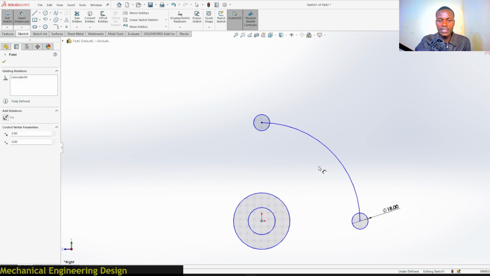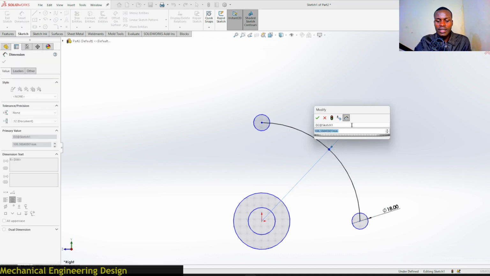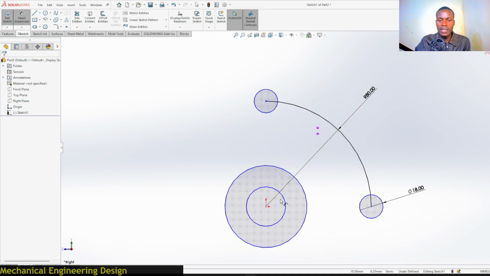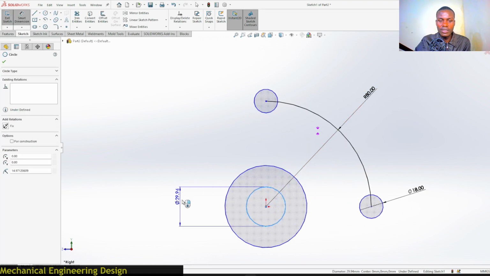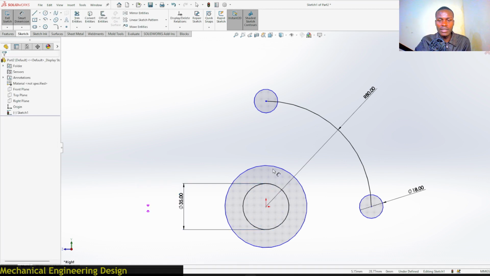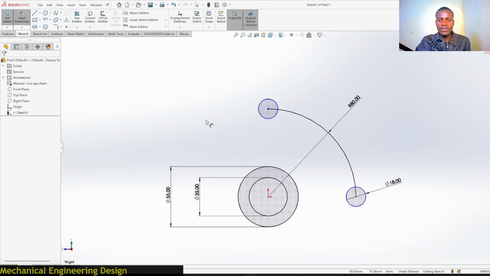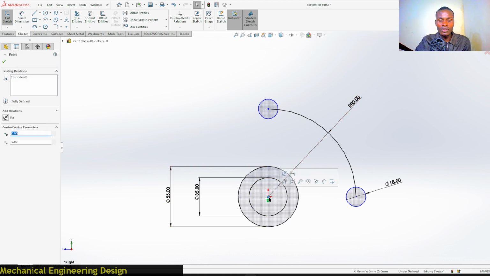From the center, this arc has a radius of 80 mm, like that. Now the small circle has a diameter of 35, and the outer circle has a diameter of 55, like this. Now what is missing is a relation, so click on this center, hold shift, click on this center,